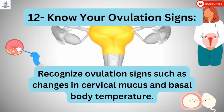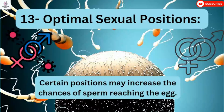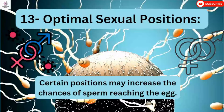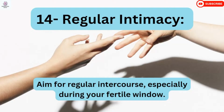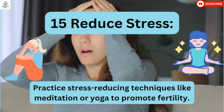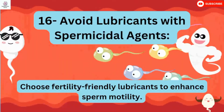13. Optimal sexual positions. Certain positions may increase the chances of sperm reaching the egg. 14. Regular intimacy. Aim for regular intercourse, especially during your fertile window. 15. Reduce stress. Practice stress-reducing techniques like meditation or yoga to promote fertility. 16. Avoid lubricant